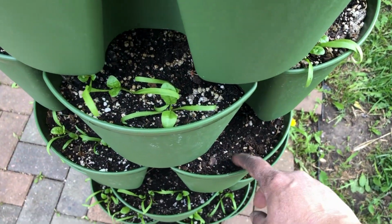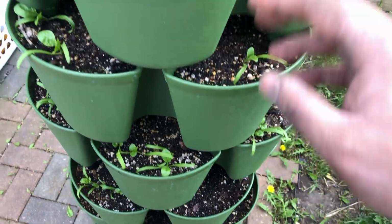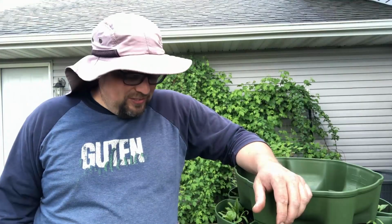forming. There is one pocket, I'll tell you, that the birds came in and scratched around. Somebody else mentioned they were having that problem with their GreenStalks, and so I had to go back in and reseed that area, and it hasn't started to come back up, it hasn't germinated yet, but this spinach looking pretty